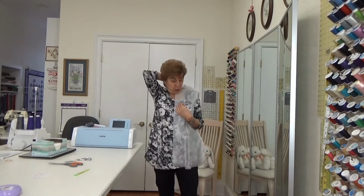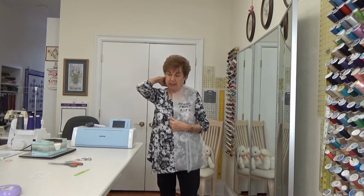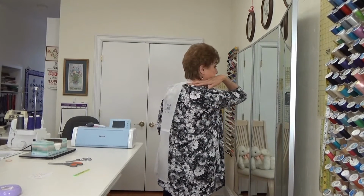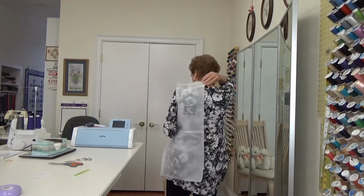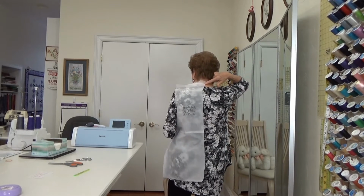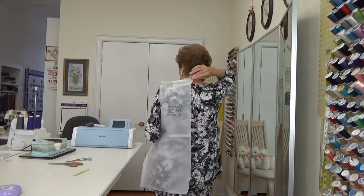So what you want to do is try to make the back be still. I have a piece of tape back there, right up here. It's not going to stick because I've already had it there. Then you want to check the back and make sure the seam line at the neck comes up to your bone. There's a bone right there at the bottom that you use to measure your back, and this does come to